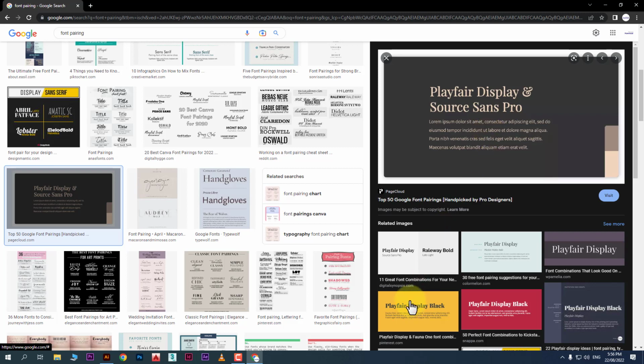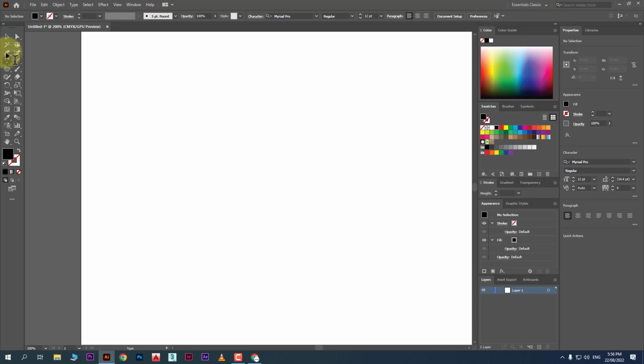All right, so we have a lot of fonts, and now whenever you are designing, just choose heading, subheading and body text. Maximum use 3 fonts. Don't go over more than 3 fonts. All right. Okay, we will go back to Illustrator. Now here we will again